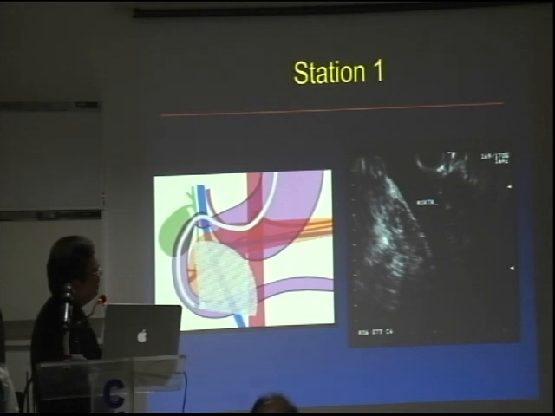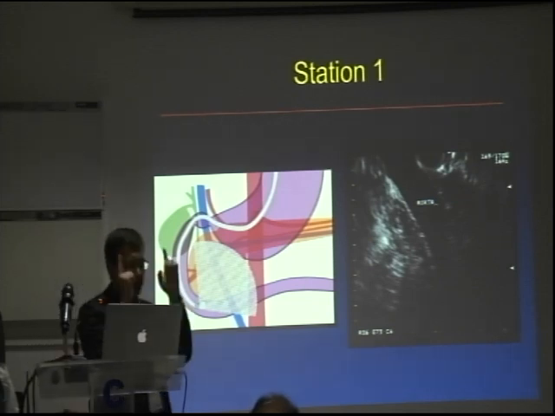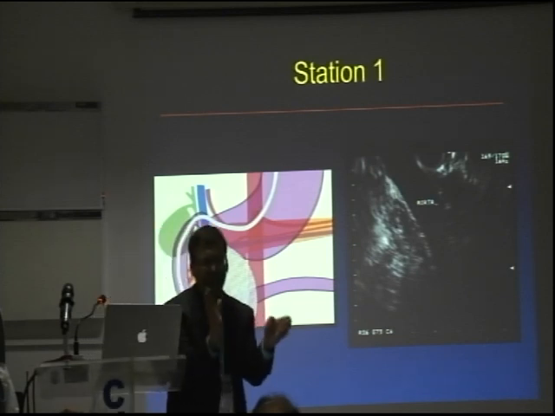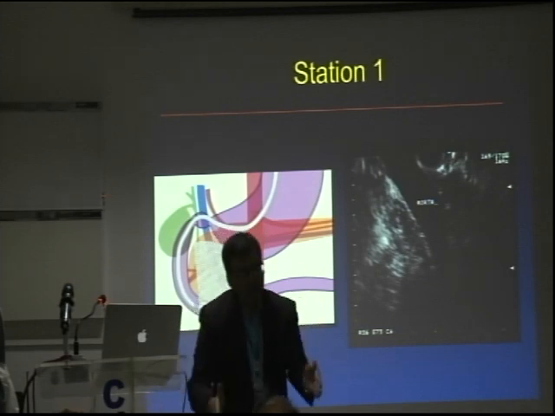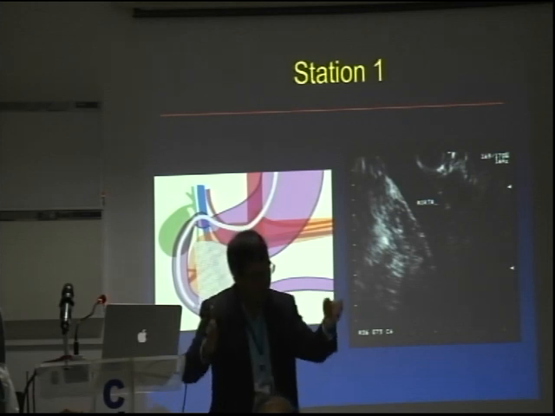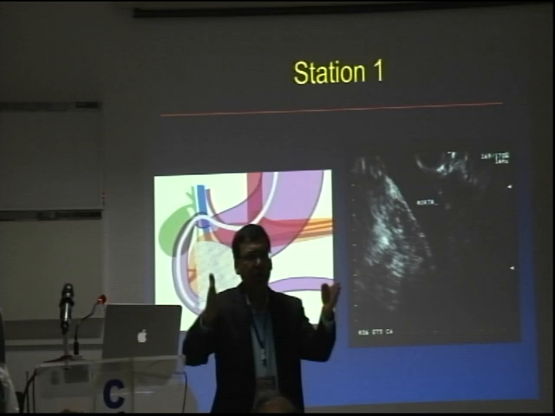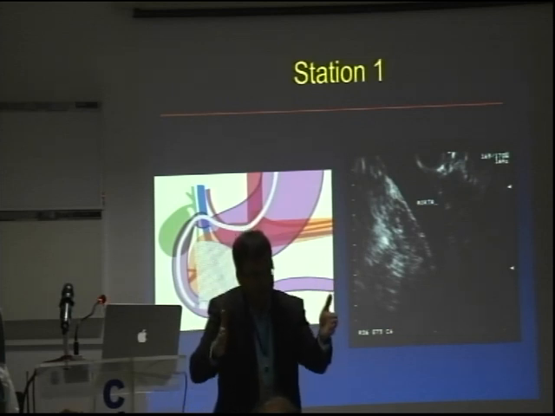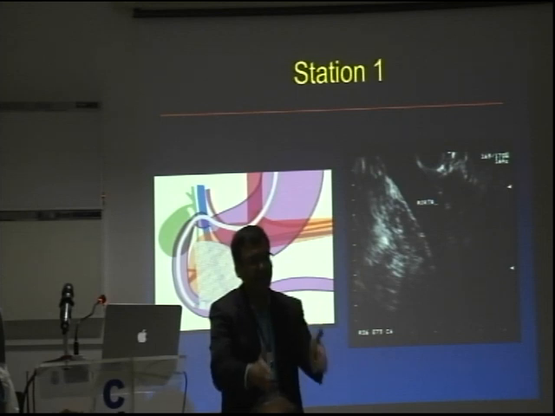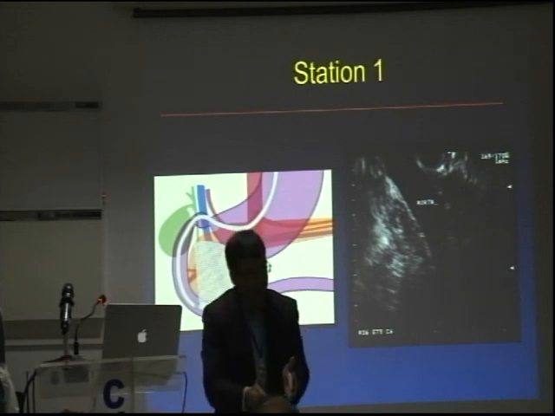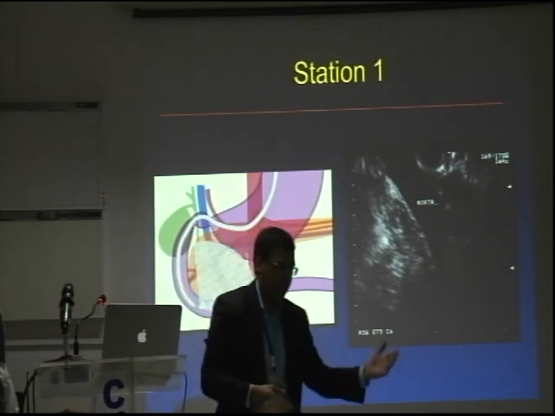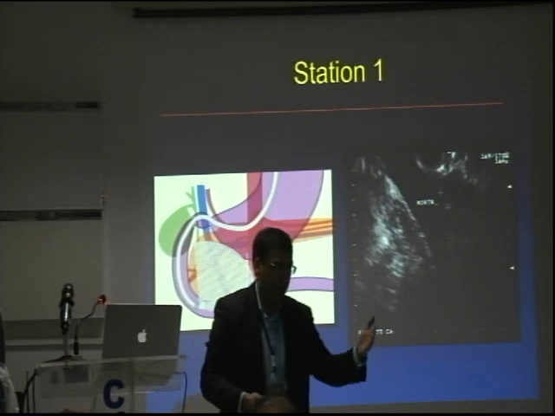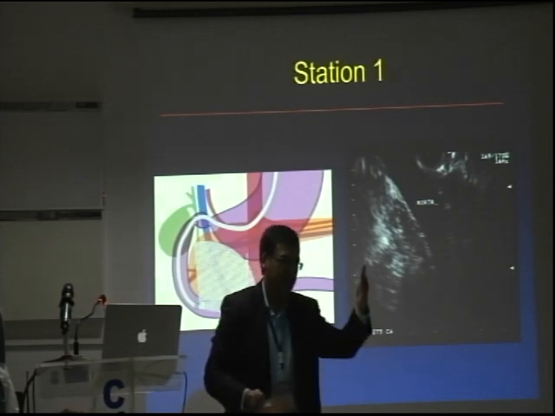So when you are in that position for station 1 and 2, just remember there are 5 structures you should try to look at. Those 5 structures are always going to be in the same order. God made every human being pretty much the same. So the order is going to be those 5 structures. Aorta, try to find that first. That is always in the center. There are 2 things you are going to look for on the right of the aorta and 2 things on the left of the aorta. On the left of the aorta, the next one is going to be the IVC